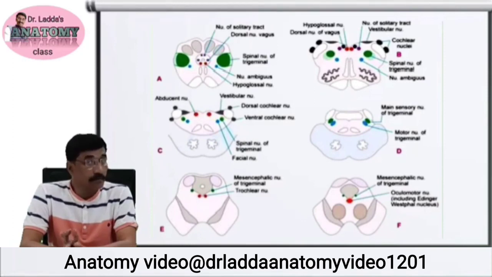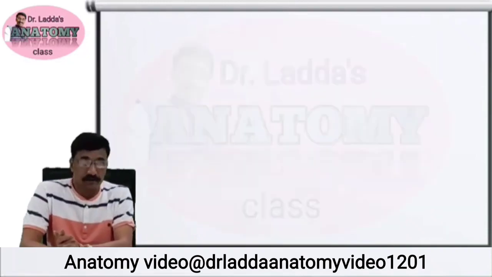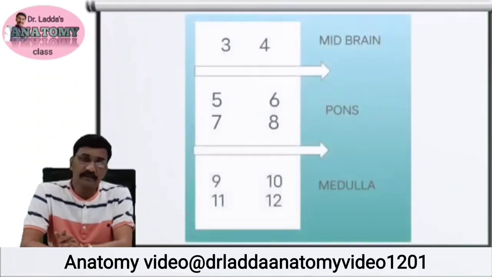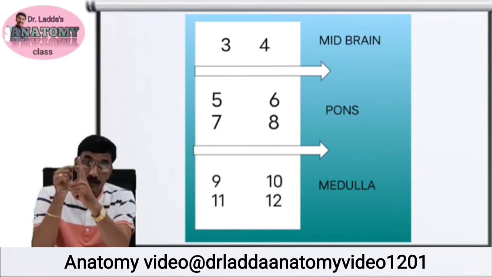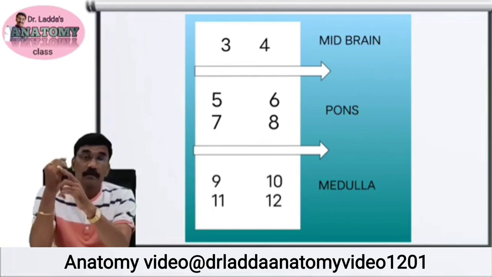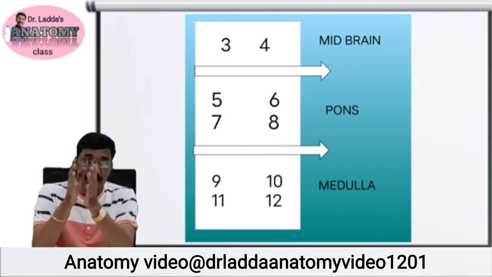Again, remember the previous figure, the figure which shows which nerves and nuclei have a relation with a particular part of the brainstem. As we know, the brainstem is divided into three parts. The upper one is midbrain, the middle one is pons, and the lower one is medulla oblongata. Now the upper one, the midbrain, is concerned with two nuclei, the third cranial nerve nuclei and the fourth cranial nerve nuclei, meaning oculomotor and trochlear. These are the two nerves which take origin from